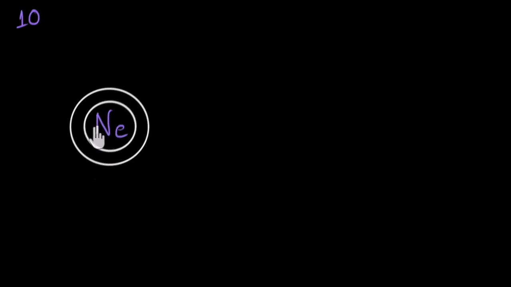Now, there could be many shells, 1, 2, 3, 4, and we saw that these shells are given special names, K, L, M, N. If you're wondering why these weird names, don't worry about them right now. There is some historical reason and we'll talk about them in a future video. Let's now see how 10 electrons go around in these shells.